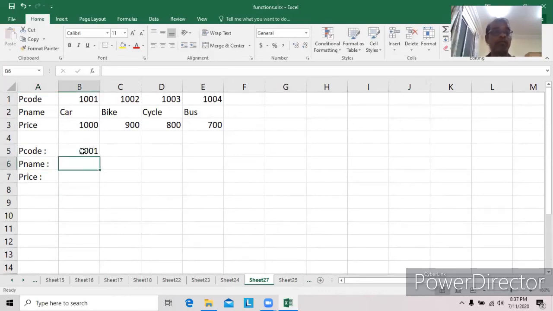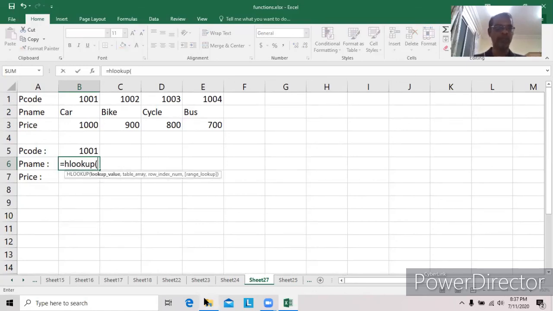Now values are present horizontally, that is row wise. Then in this case we should go for HLOOKUP. In the previous case, values were placed column wise, that is vertically, so we go for VLOOKUP. Here values are placed horizontally. That is why we should go for HLOOKUP.